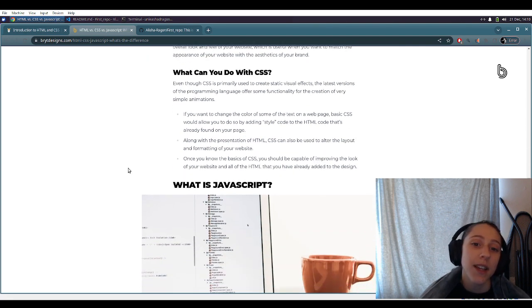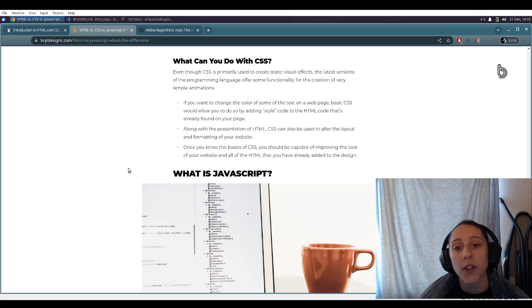What can you do with CSS? Even though it's primarily used to create static visual effects, the latest versions of the programming language offer some functionality for the creation of very simple animations. If you want to change the color of some text on a web page, basic CSS would allow you to do so by adding style code to the HTML code that's already found on your page. Along with the presentation of HTML, CSS